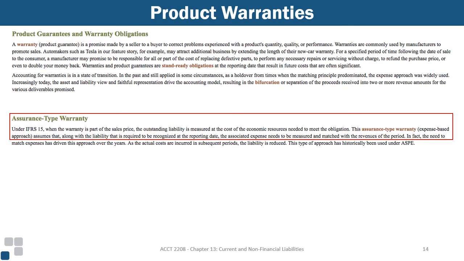Types of warranty. One is called an assurance type warranty. It's a fancy term for a standard warranty, and it's basically part of the sales price. So you're not paying any extra for the warranty. So if you buy a car, that car may include a warranty for 3 years or 5 years or whatever, right? And whether you know this or not, you're actually paying for the warranty as part of the purchase price